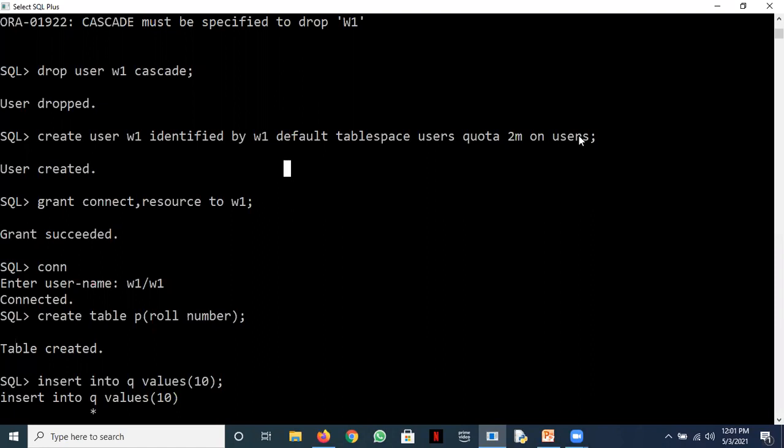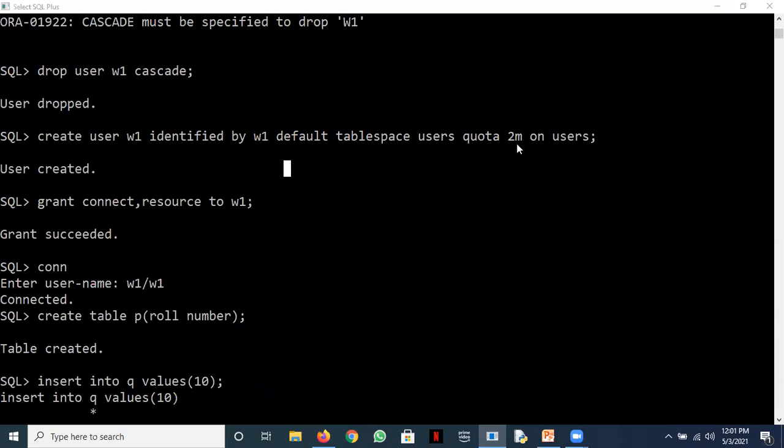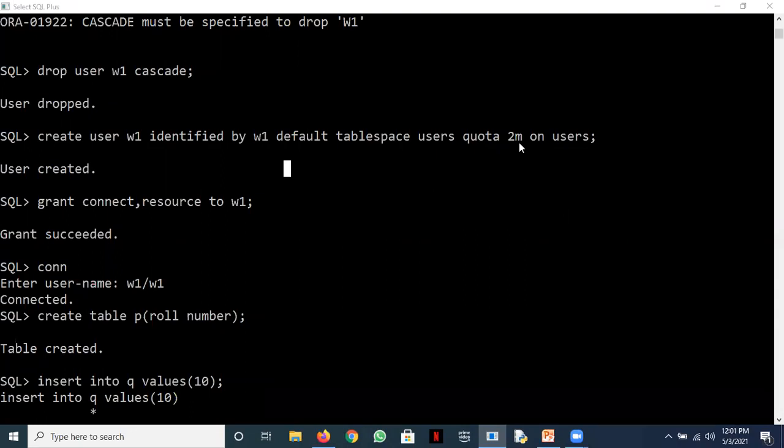Okay, fine. And then we say that whatever the size of that table space users is, out of that size, the user W1 can consume 2 MB. Okay. And if need arises to go beyond that 2 MB, that is added automatically from the system table space. But initially, we must allocate some quota to this user W1.